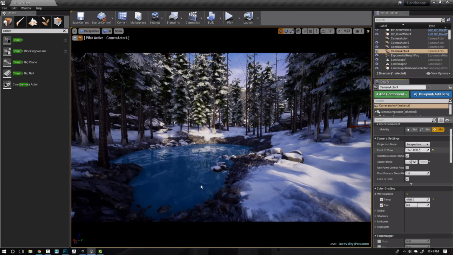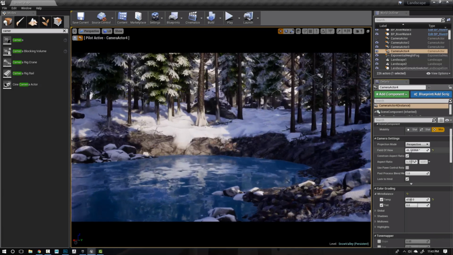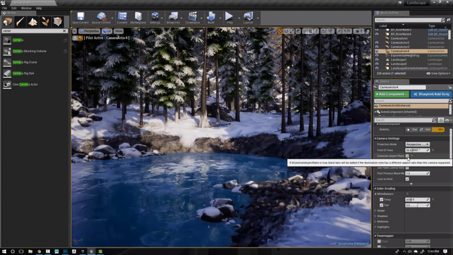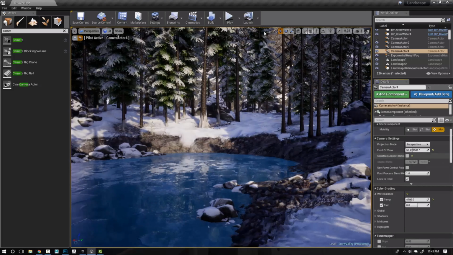You're trying to get in a bit more of these foreground elements, maybe there were some rocks here, or there's some story elements you want to include in the foreground. So you can easily do that by just messing with the field of view. Now, you of course can turn off constrain aspect ratio, which will either remove or give you back these black